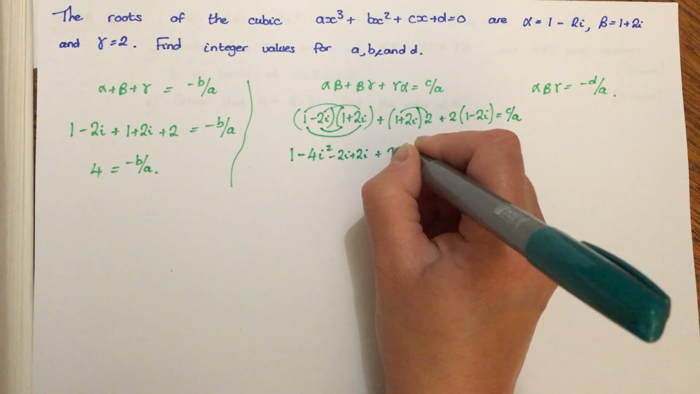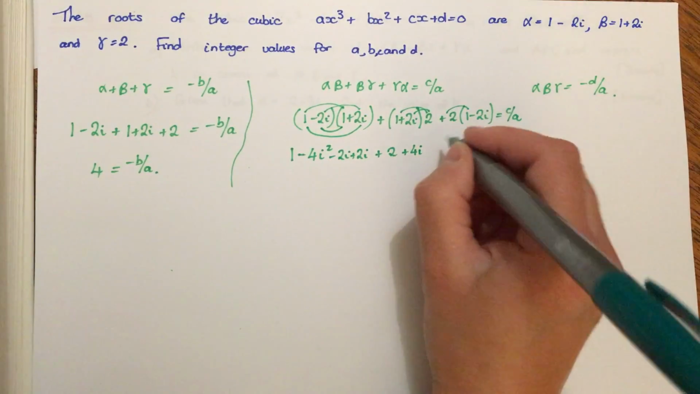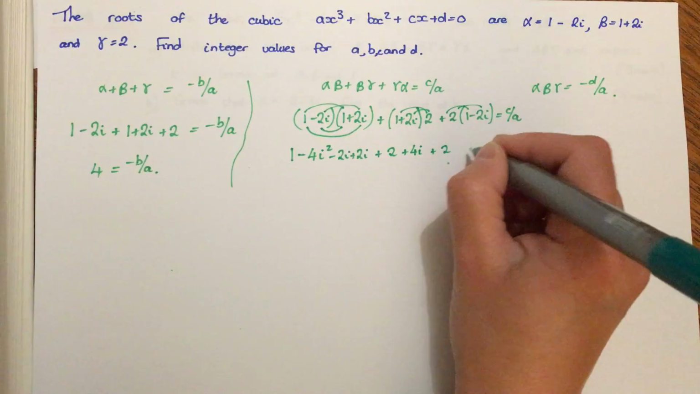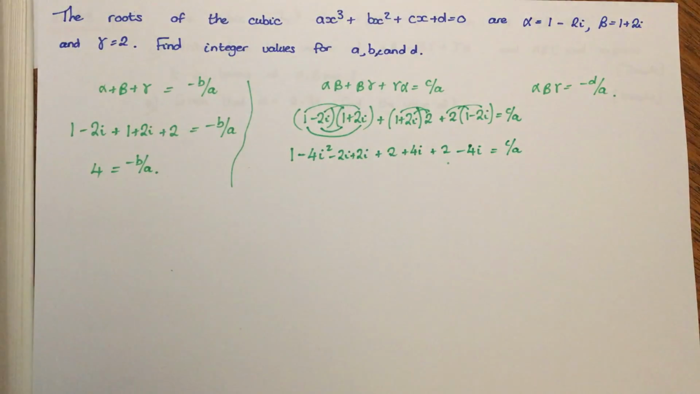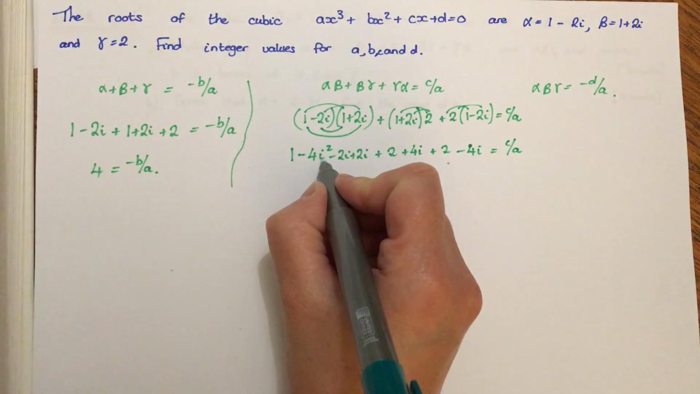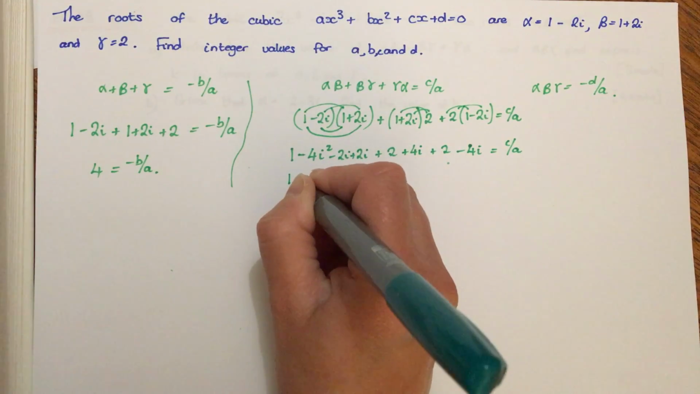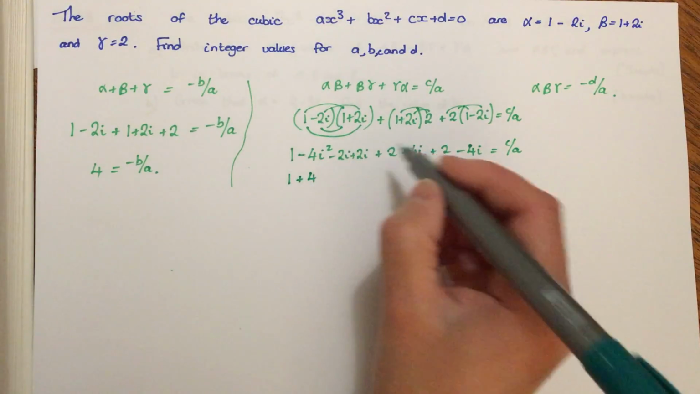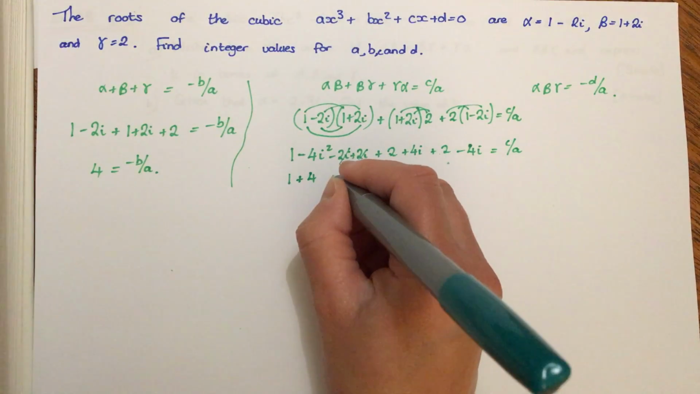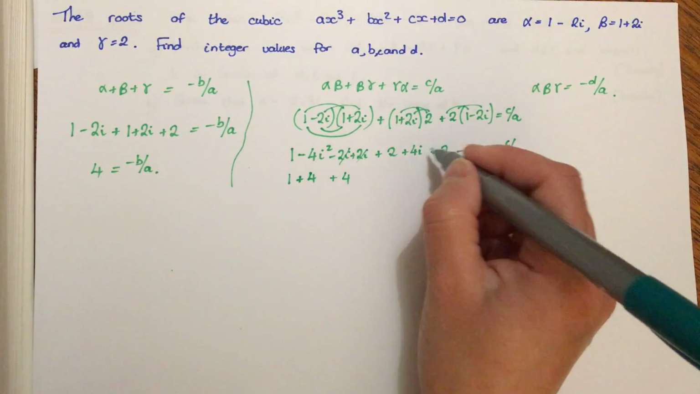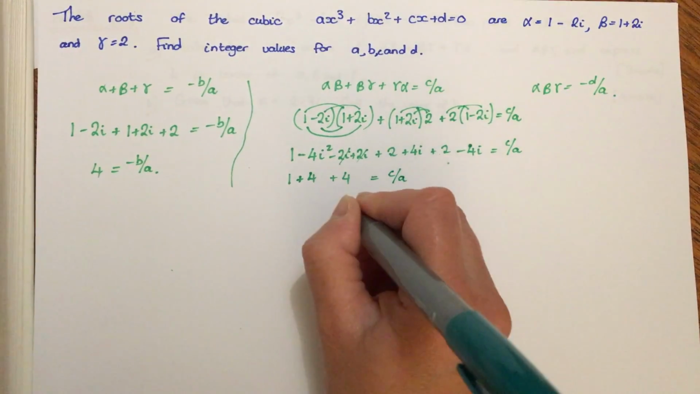Here I've got 2 plus 4i. Here I've got 2 minus 4i. So what have I got? i squared is minus 1. Minus takes a plus, so I've got 1 plus 4, minus 2i plus 2i cancel out. 2, 4 again. And 4i and minus 4i cancel out. So I've got 9